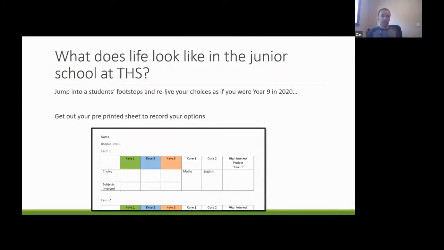So if you could grab out, maybe you pre-printed a sheet, or Rachel, if you could throw that link up in the chat screen to the Kete selection form, and I would like to formally welcome you to relive your year 9 year as if you were in 9 RGE for 2020. So if you've got those sheets out,